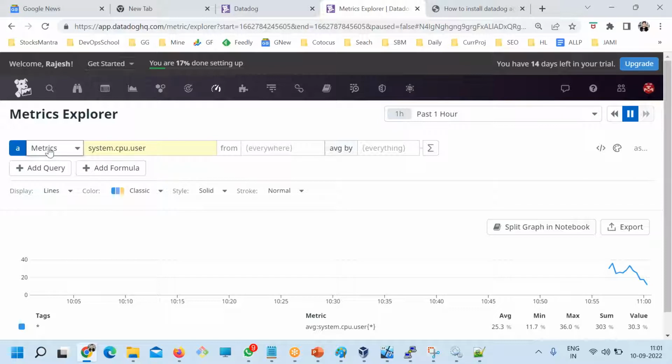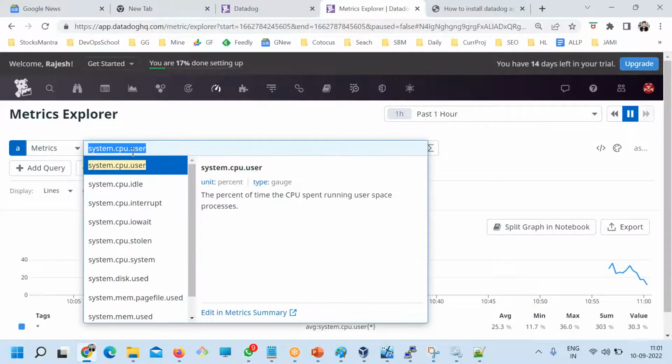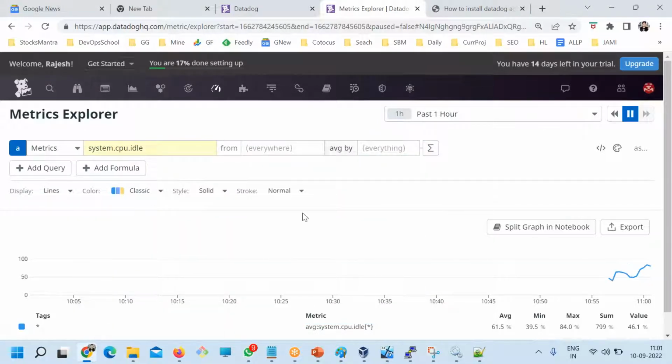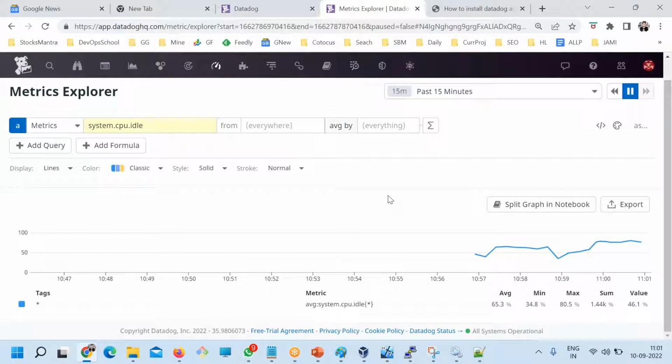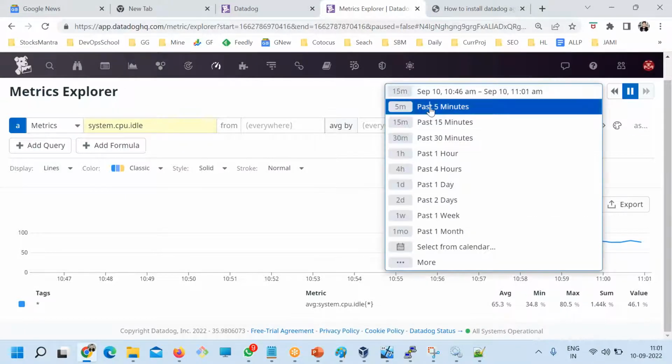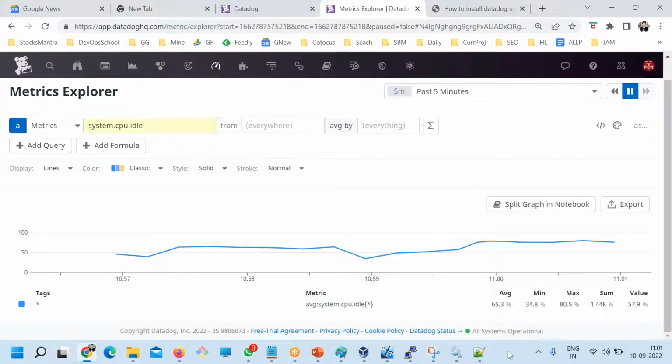For example, let's talk about the metric CPU idle. Here, from the last 10, 15 minutes, because monitoring I have just started, let's see 5 minutes. Your graph will be much easier. See, this is the CPU idle for the entire infrastructure.